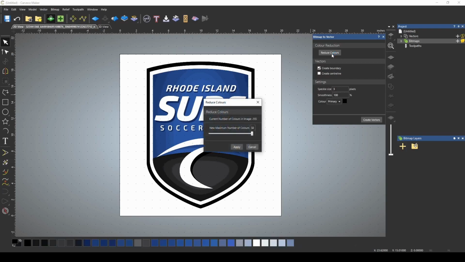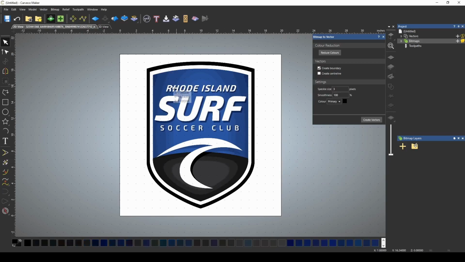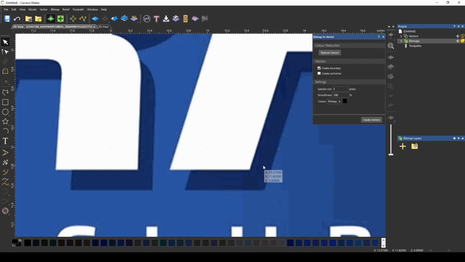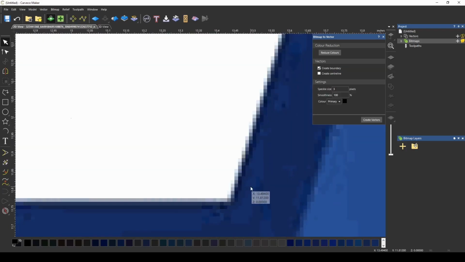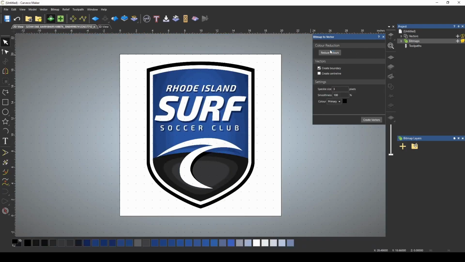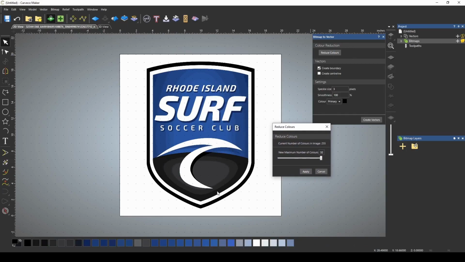So if we press Reduce Colors, it's going to start. The image had 255 colors to start, and it's combined all the light colors and has brought it down to 32 colors. If we cancel this, let's cancel that. You can't really see where all those colors were combined unless you zoomed way in to see that all these colors are made up of different colored pixels. When we hit our Reduce Colors button, it combined a lot of those similar pixel colors. However, you can't really tell visually.